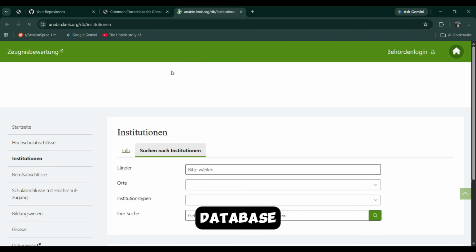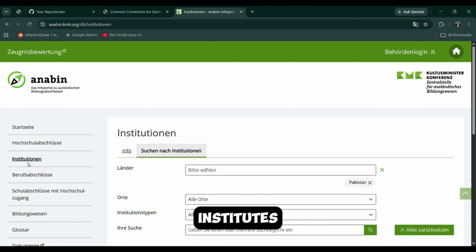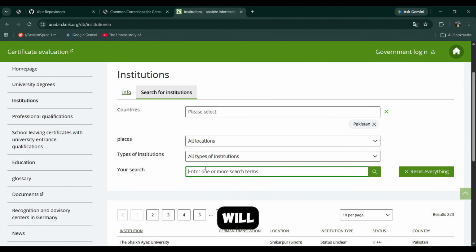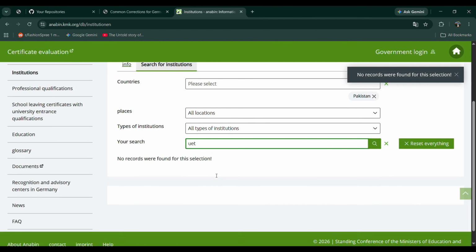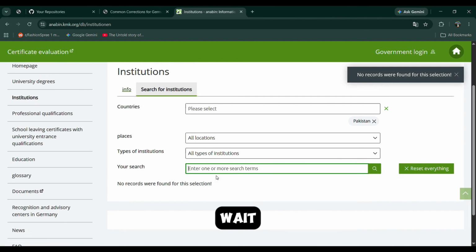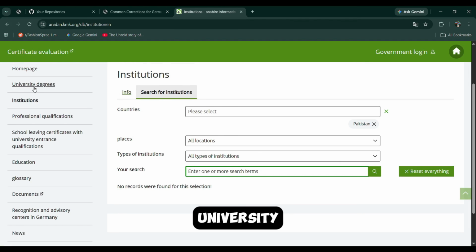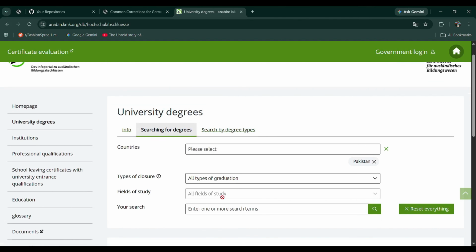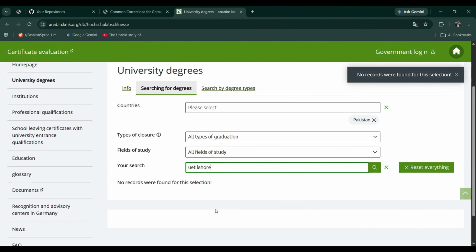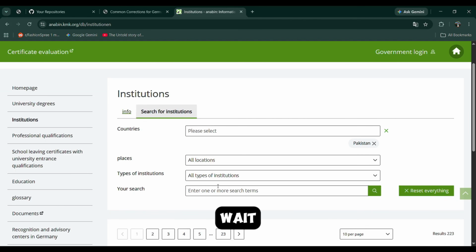So this is the Anabin database. You will go on the institutes, you will select your country, you will select your institute. So let's say, university degrees. So you will come here, and you will select UET. Okay, I think we need to go into the institutions. Let me see all types of institutions, university or